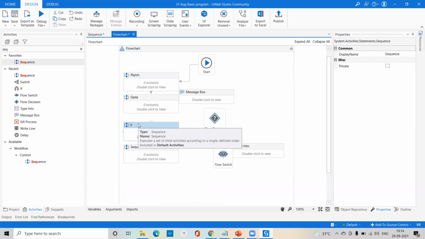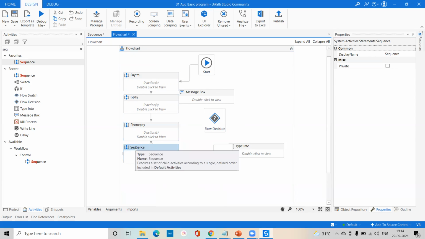So this is the benefit of your flowchart. And here we can connect this way, and here if you want to connect, this way we are able to create multiple things. Okay. So especially in your flowchart we are able to take the flow decision, we are able to take the flow switch, we have a broad room, we have your start, and we can keep multiple sequences inside the flowchart and go ahead. Okay. So this is the benefit of your flowchart.